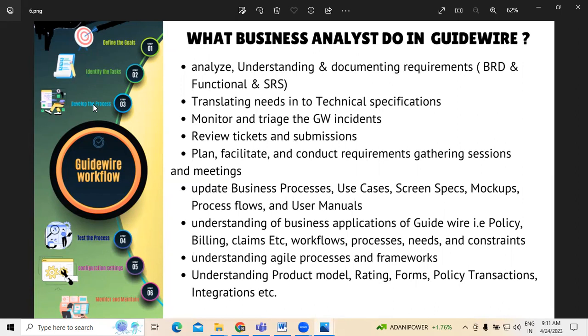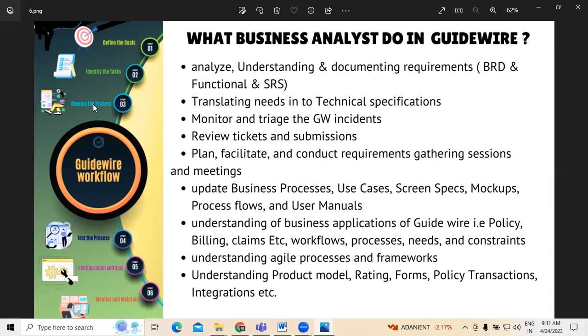So for that, we need to translate technical needs into technical specification with the help of the technical team, because business and functional related information will be gathered and identified by the business analyst team. But in reference to the technical specification preparation, you require some technical knowledge. It varies depending on the person and which professional experience that individual is coming from. At the same time, we can even have support from the technical team when and wherever it is needed.